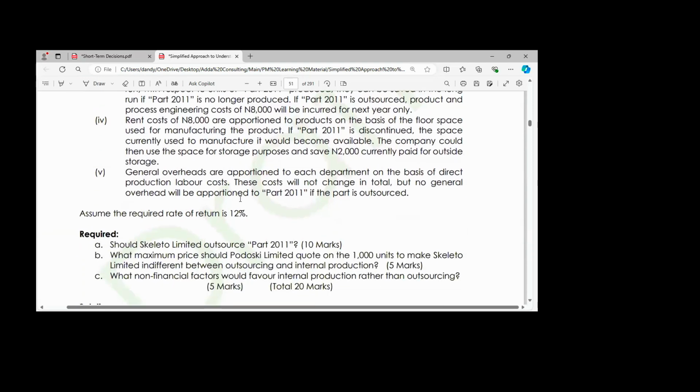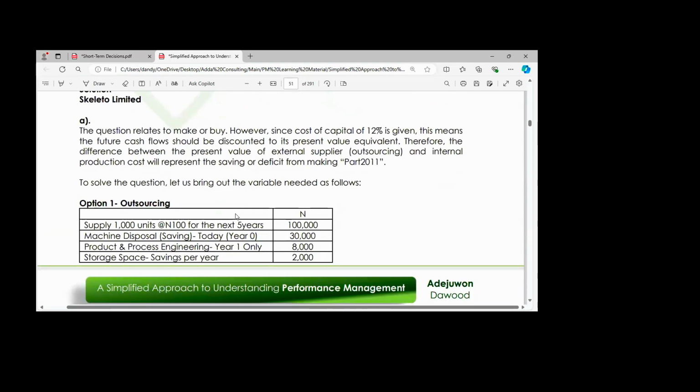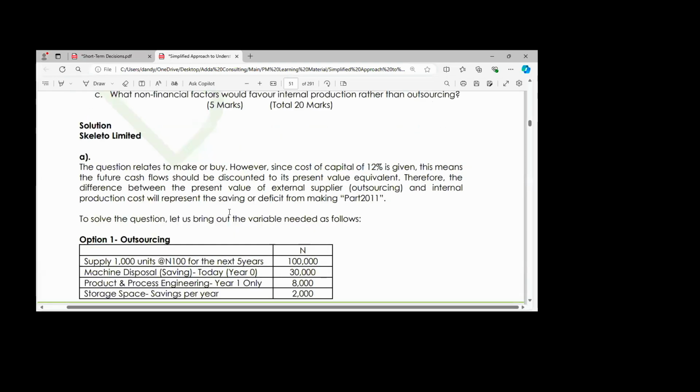So let's use this prepared solution here to explain it. Of course, I've changed the name from DG to Skeletal Limited, so it's still the same thing. Now, without wasting more time, because we have about 7 minutes more, when you look at my explanation here from the introduction,